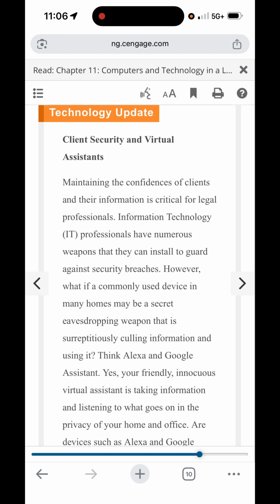Technology updates. Client security and virtual assistants. Maintaining the confidences of clients and their information is critical for legal professionals. Information technology (IT) professionals have numerous weapons that they can install to guard against security breaches. However, what if a commonly used device in many homes may be a secret eavesdropping weapon that is